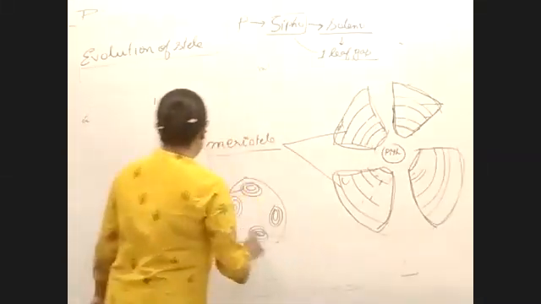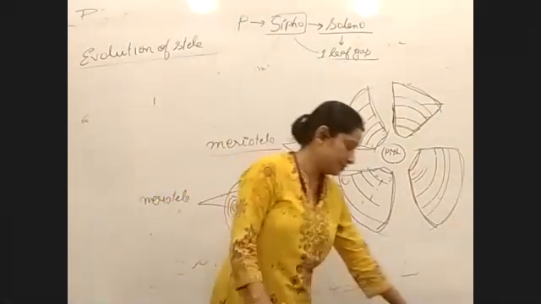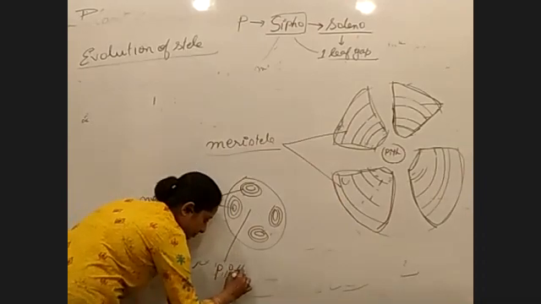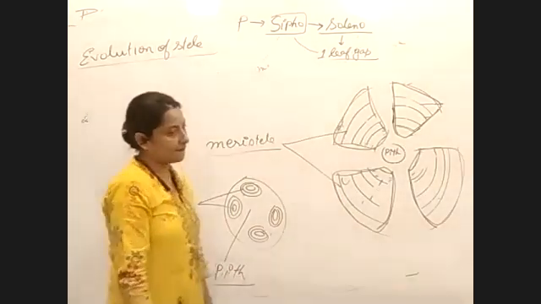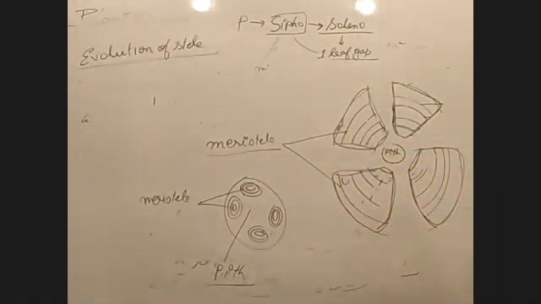Sorry, meristyle. Is the point clear? এটা solid structure যেতিয়া বহুতবাৰ ভাঙি যাব, ভাঙি গলে তাহলে কি form কৰিব? কিছুমান fragments form কৰিব।